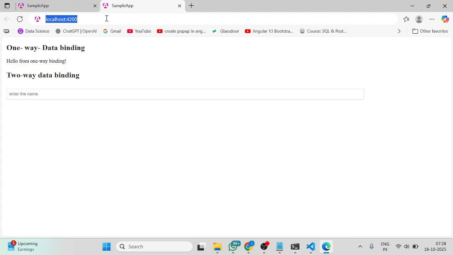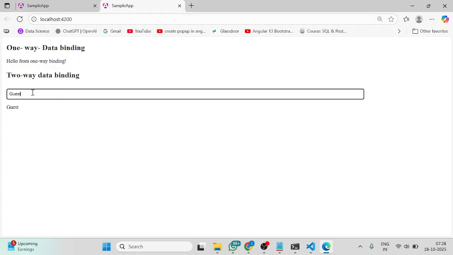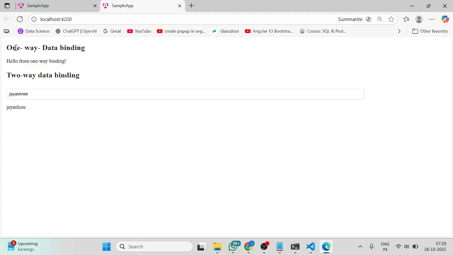So see this. This is the way we are going to use this one. Why the guest is coming: we have passed the username by default as guest, so that's why it is showing the text. Suppose I give something, it will be presented like this only. Okay, so one-way data binding we call string interpolation. Two-way data binding